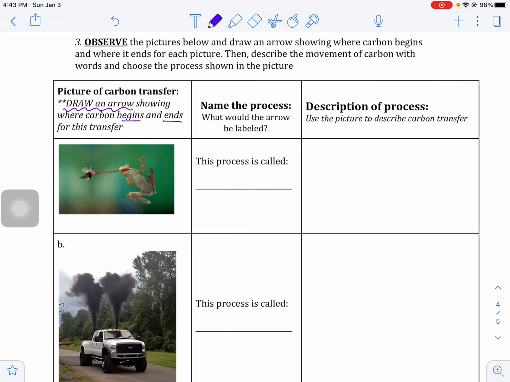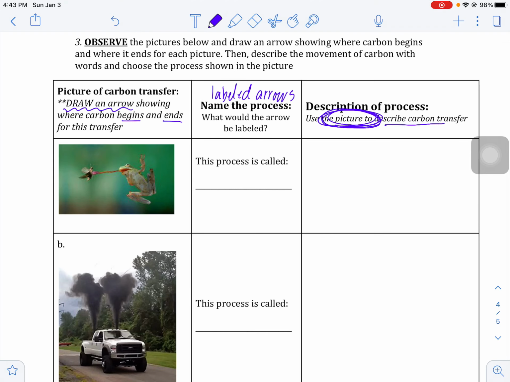Carbon starts and ends this way. Then what process do we think it is? So this would be one of your labeled arrows from our diagram earlier. And then the last one is a description of the process, so kind of describing it, describe what the arrow is, describe part of your definition from your notes, just kind of put it in your own words related to